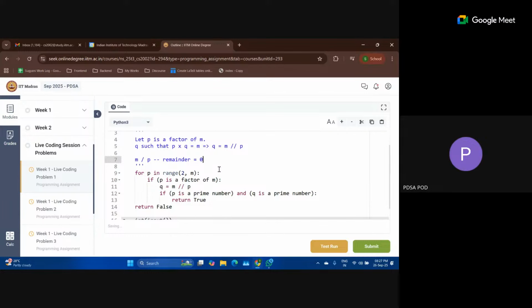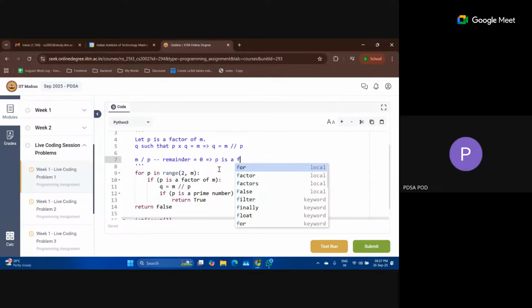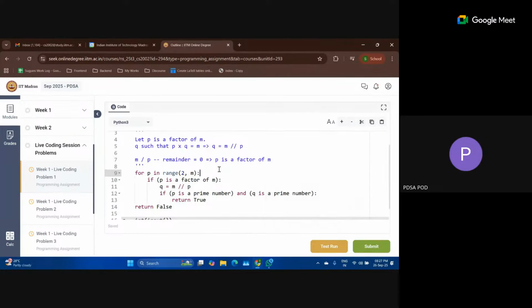If this condition happens, then we can say that p is a factor of m. So we will use the remainder operation over here.